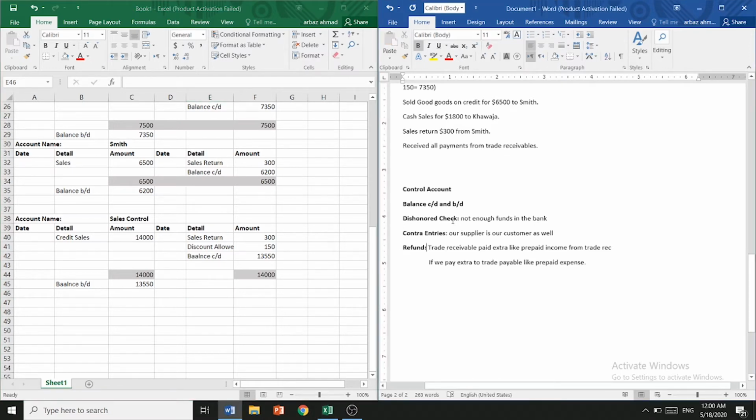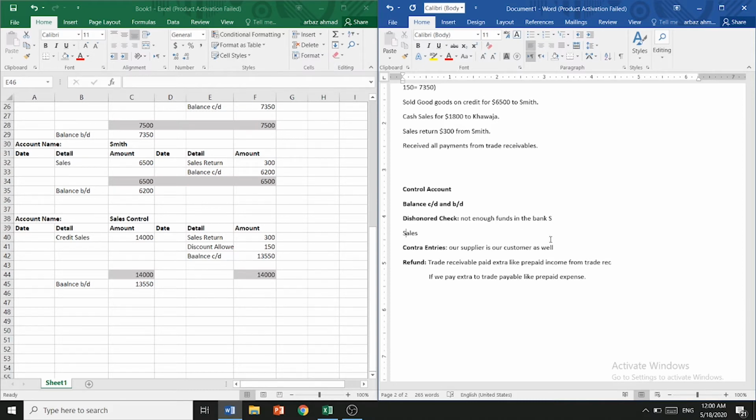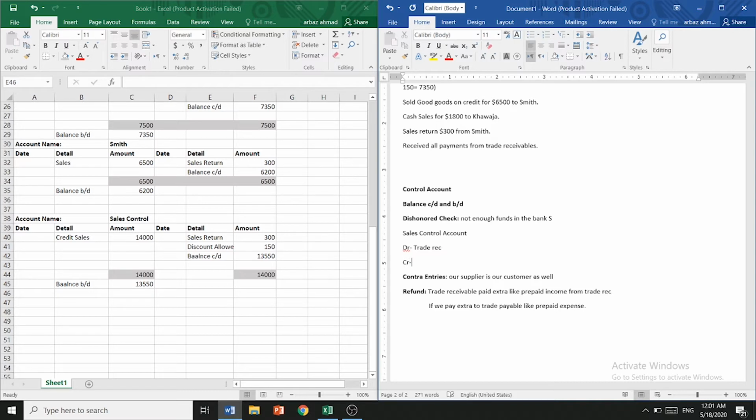Okay, then we have Dishonored check. How we are going to post Dishonored check is that the entry will be credit cash. This entry I'm giving as an example is for the sales control account. Okay, maybe I can enter sales control account. For the sales control account, debit will be trade receivable. Trade receivable will be debit because he paid us before we accepted the amount and we debit our cash